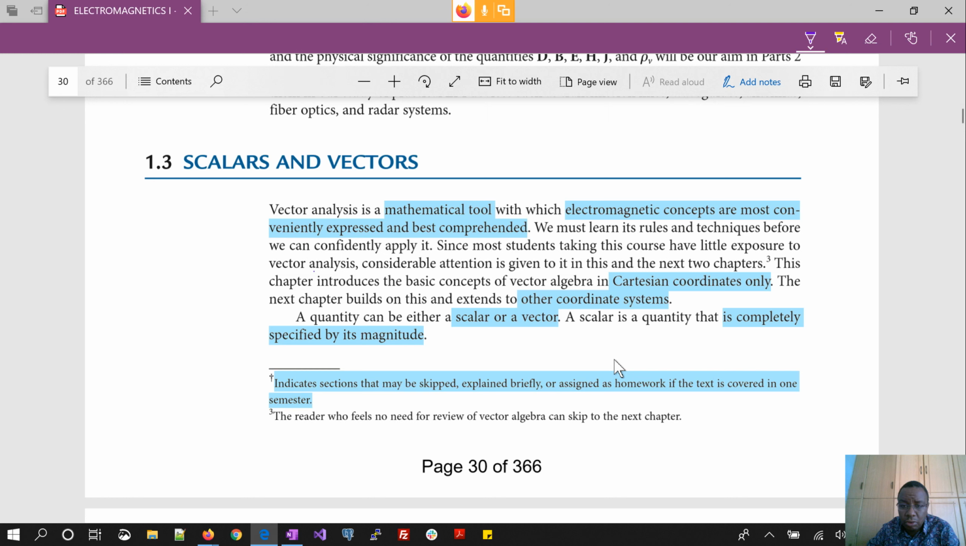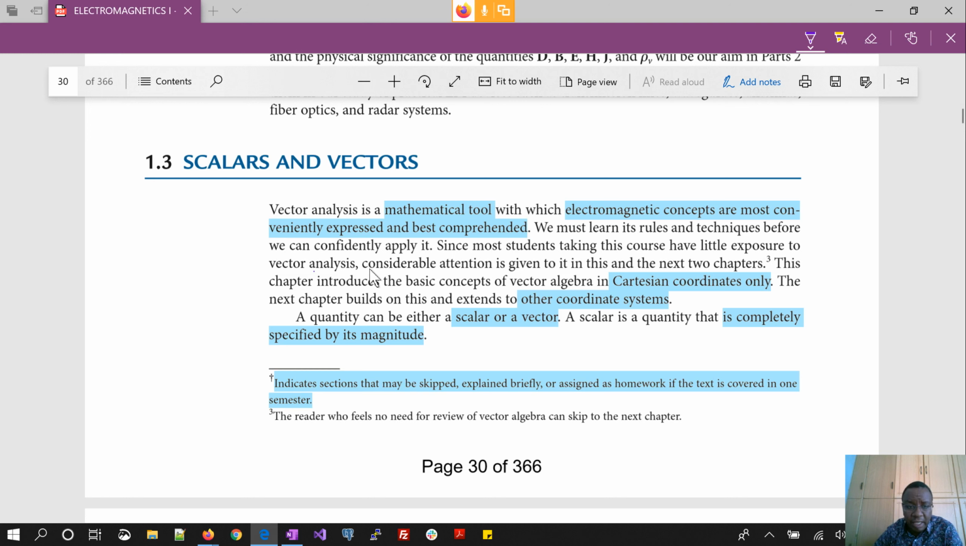Okay, so vector analysis, as we mentioned earlier, is a mathematical tool with which most of the electromagnetic concepts are expressed and best comprehended. And what we have also said is that we must learn its rules and techniques before we can confidently apply it. Since most students taking this course have little exposure to vector analysis, considerable attention is given to it, and therefore this chapter and then the next two, of course, will be dealing with vector analysis, calculus, and